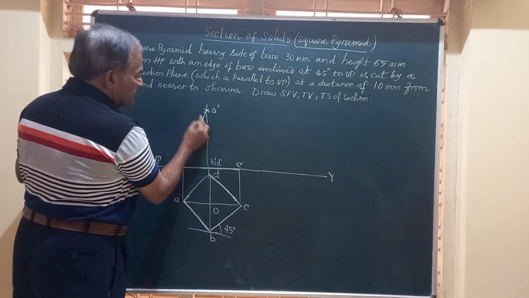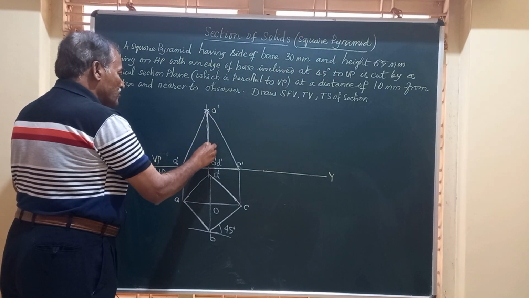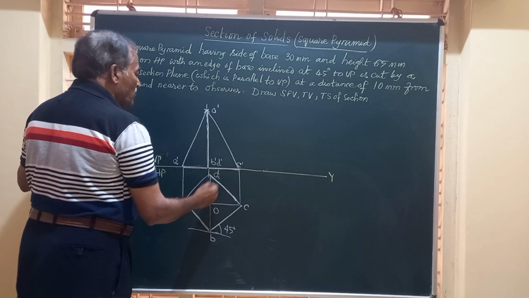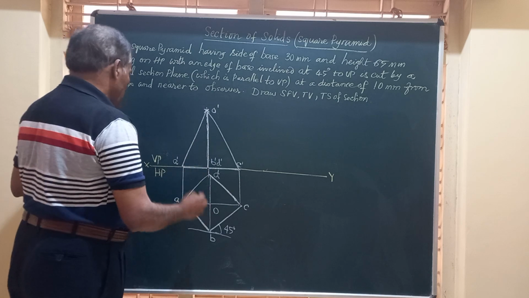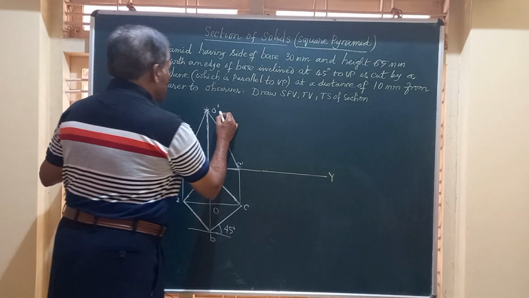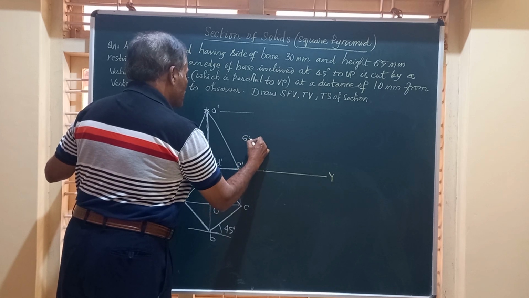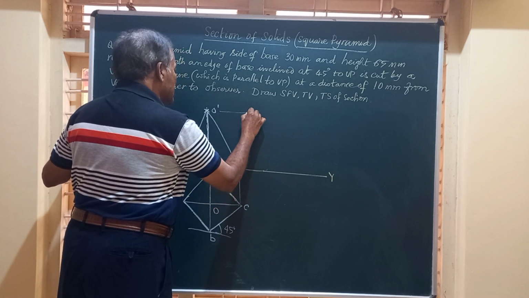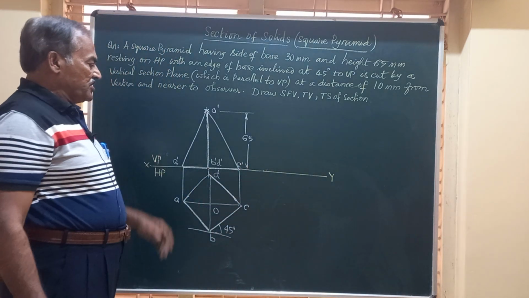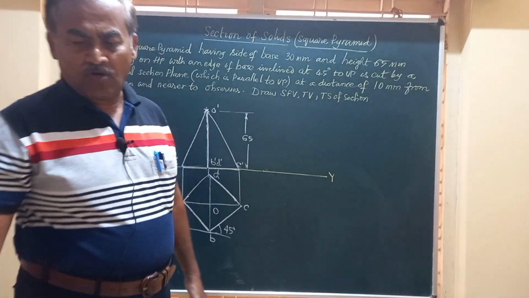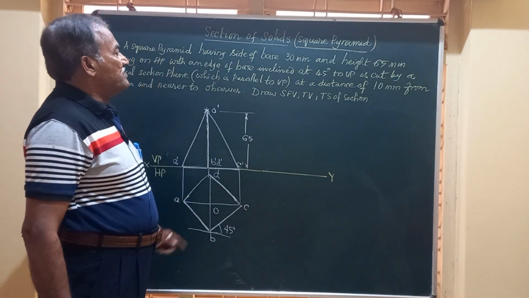So this is one slant edge, second slant edge, this is third and fourth. So I got all the four slant edges joined to the vertex o dash, and the height of this solid is given to be 65 mm. So we need to mark all these, the height of the object, side of the base, etc. Friends, you got the front and top views of the given pyramid, and let us see how the section plane